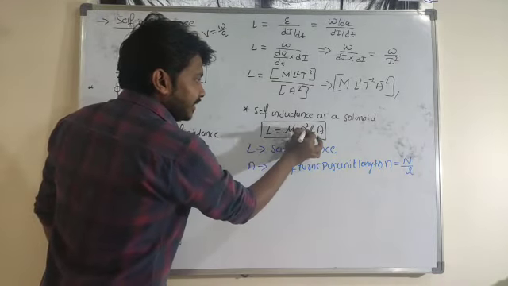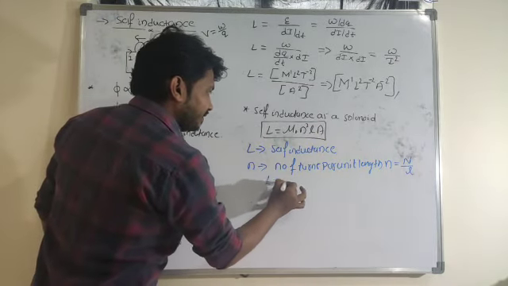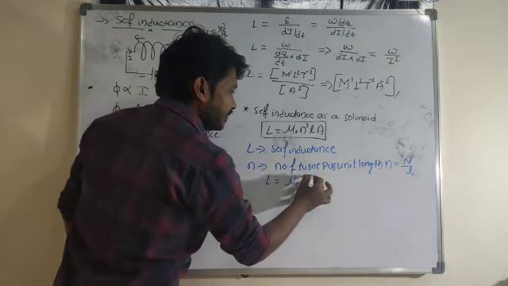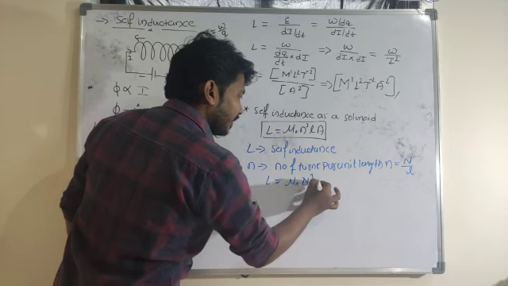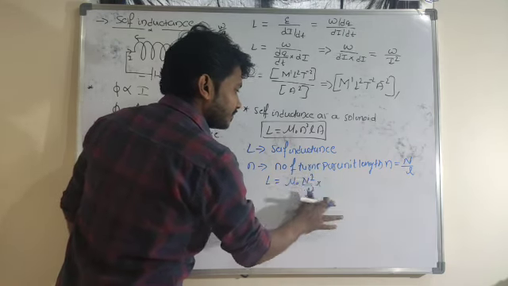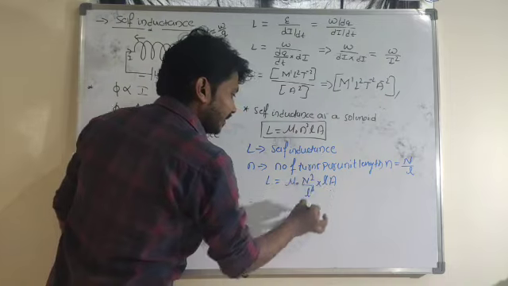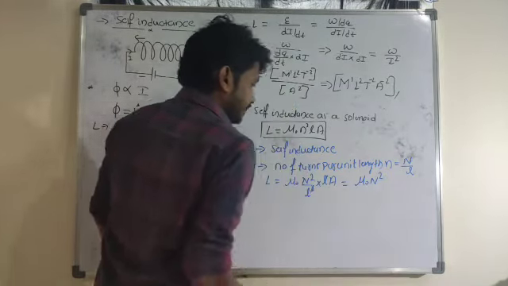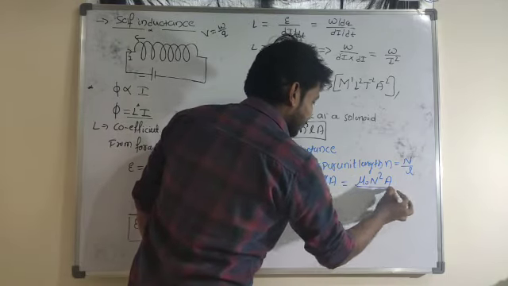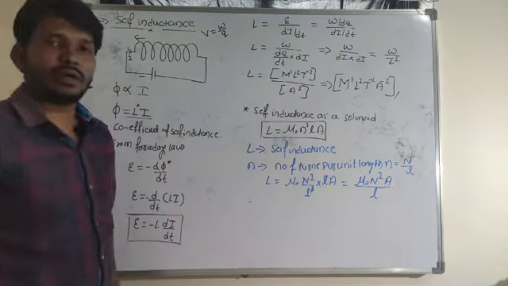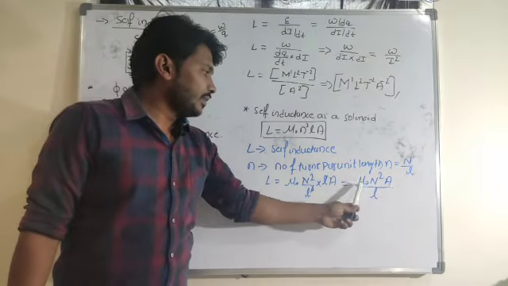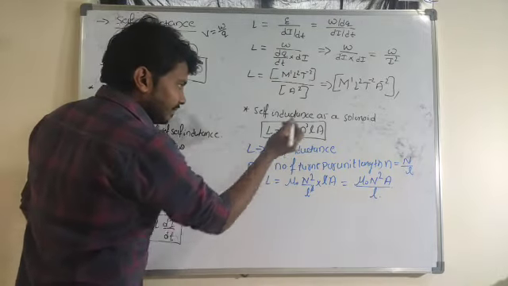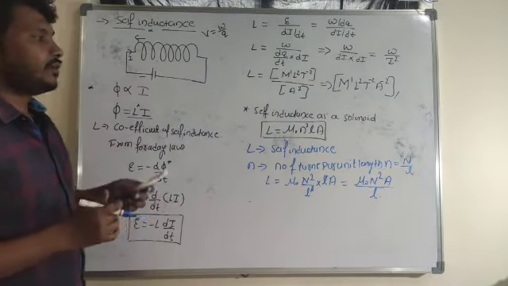So if I take that n as N by L, I can rewrite this equation. How shall I rewrite here? n squared means N squared by L squared into L into A. One L term will get cancelled out. So mu naught N squared A divided by L here, where L means length and A is the area of the coil I will consider here.